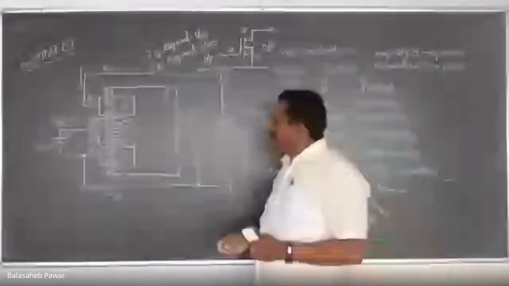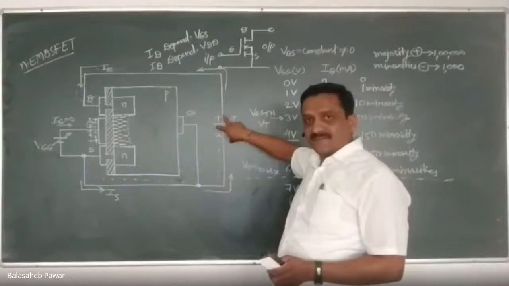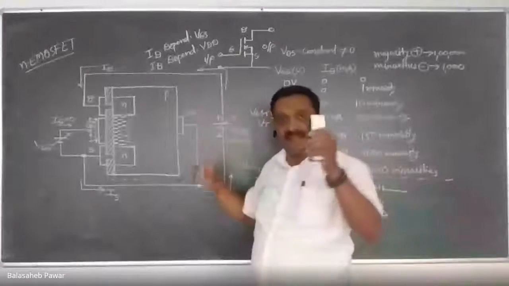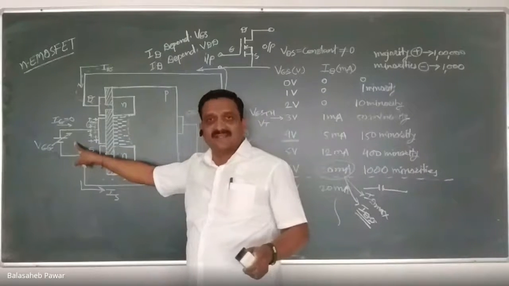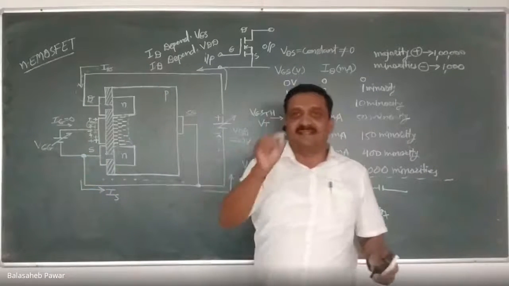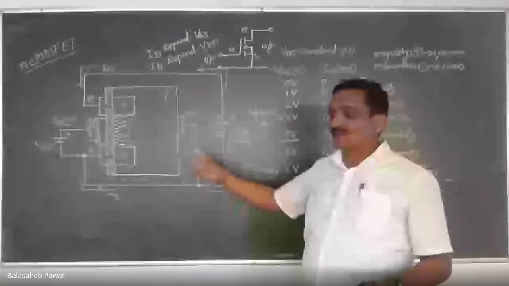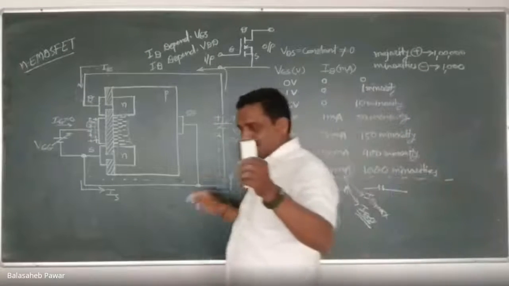Next point, I will highlight. Suppose there is a non-zero output voltage, that is VDD. We are expecting non-zero ID due to that voltage source. But if input voltage is not sufficiently large, or if input voltage is less than threshold voltage, the current will remain 0, whatever may be the value of VDD. Am I right? Are you getting this point? Yes, sir. Okay, good.